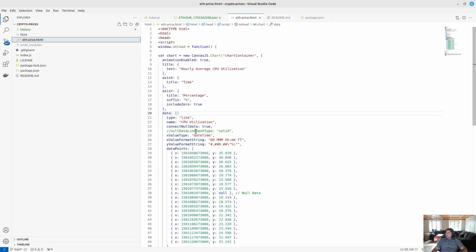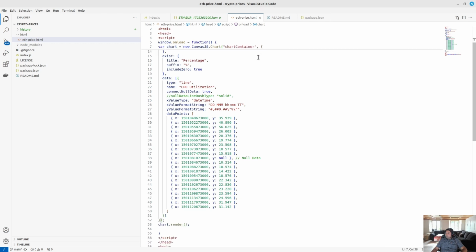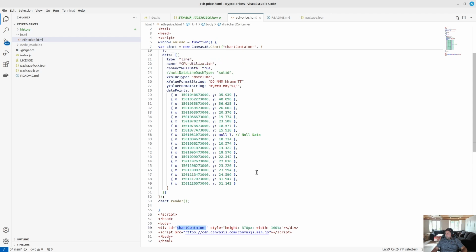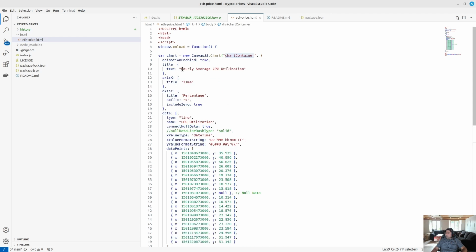Now let's see a little bit how this works. So we have a chart defined. This will render into the chart container. As we can see, we have a div in the body, which is called chart container. It will be rendered there. What we have to do is practically to change the title of the chart, and it will be something like Ethereum historic price,